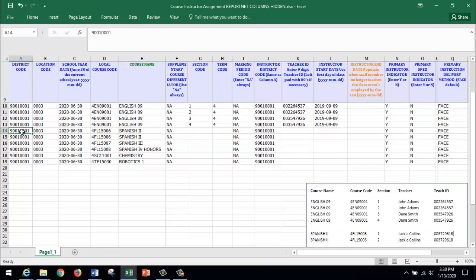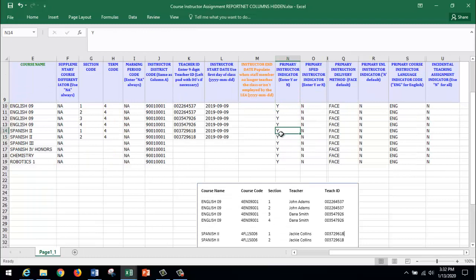I'm going to fill in my section numbers, which are 1 and 2, fill in my term codes, and now I'll fill in the teacher IDs for the teachers of sections 1 and 2 of Spanish 2. Jackie Collins teaches both sections, so I'll enter her ID into these 2 cells. Fill in my start dates and ensure that my primary instructor indicators, primary special ed instructor indicators, and primary English as a new language instructor indicators are filled out so that they reflect the responsibilities of Jackie Collins in both